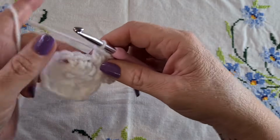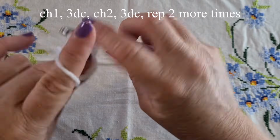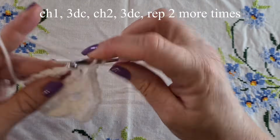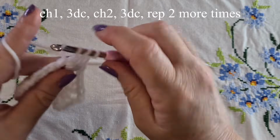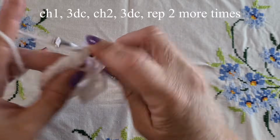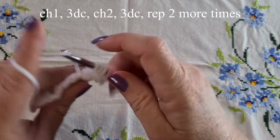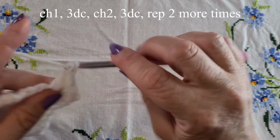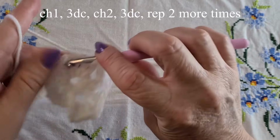And then because we're on the side, because we're hovering over a cluster here, we're going to chain 1 and then pop in our next corner. So that is 3 double crochets or treble crochets if you're in the UK, a chain 2 and 3 more in that same space. And again, because we're hovering over a cluster here, we're going to chain 1 and then make our